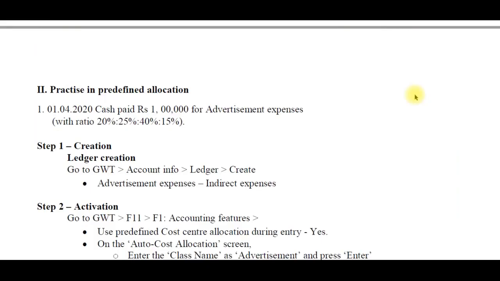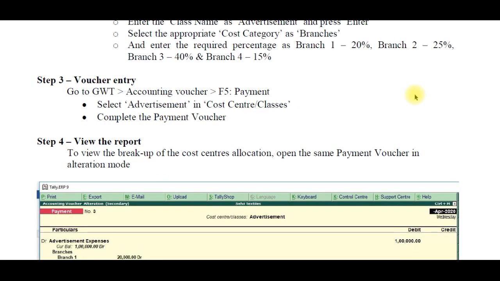And then the second part, the practice in predefined allocation. Predefined allocation also has a step by step algorithm with only one example, so easily you get the result. Step 1 is the creation, step 2 also activation. Step 3 is getting voucher entry, not a creation. Step 4 view the reports.